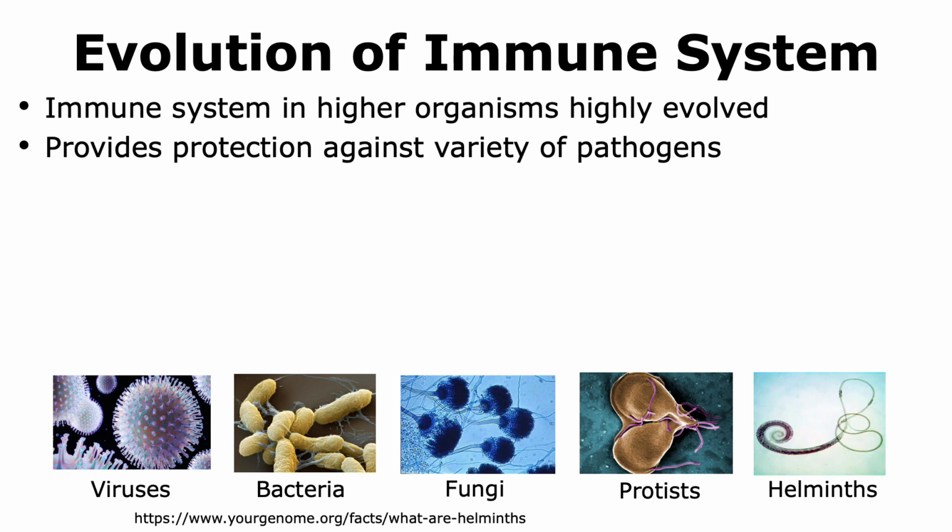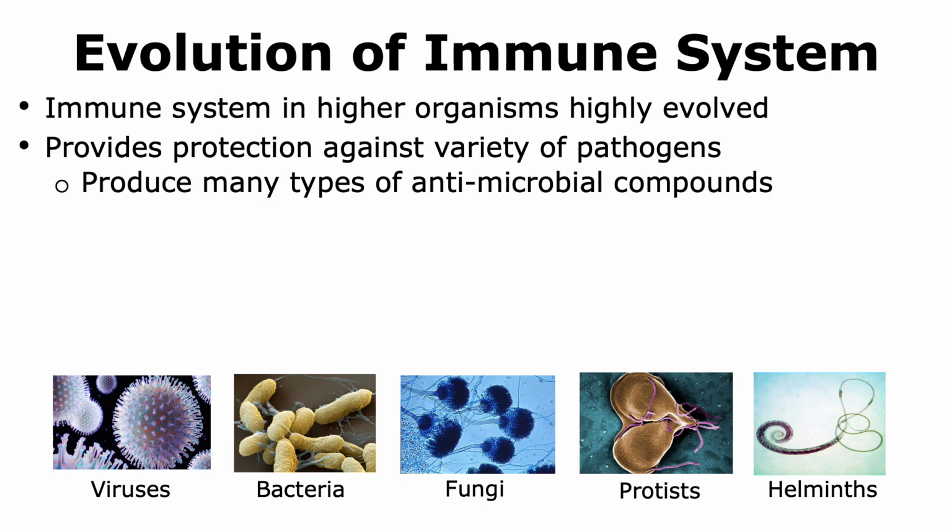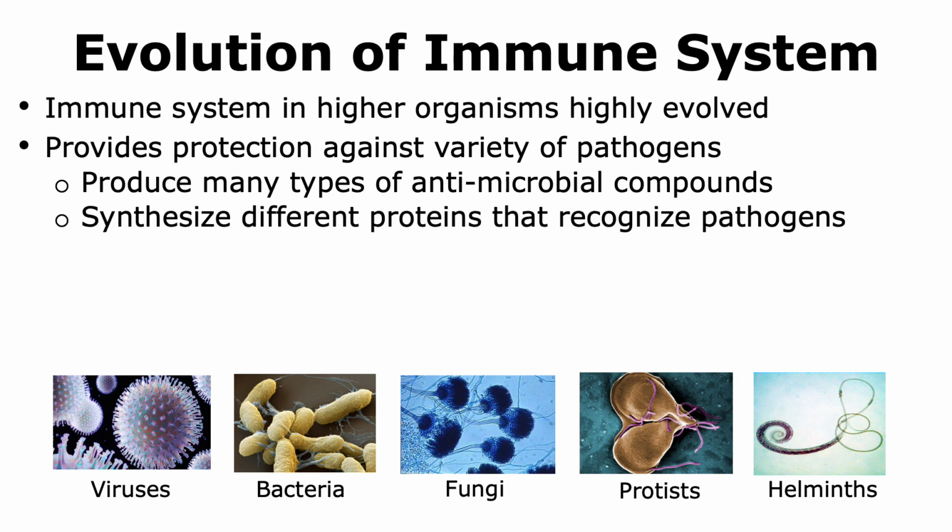The final class of organisms that can cause infections are helminths, and thus the immune system has to be able to protect the host from all these different types of pathogens. It is able to do so by different strategies, and one of them involves the production of many different types of antimicrobial compounds. In the case of higher organisms, they can also synthesize different proteins that can recognize pathogens, and